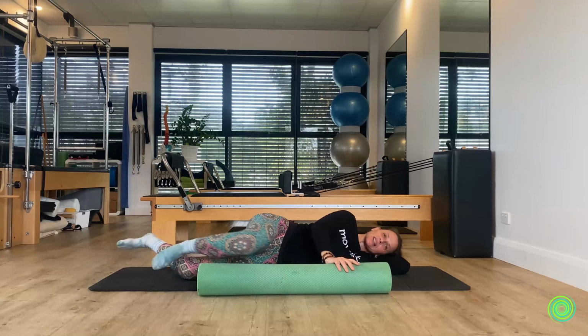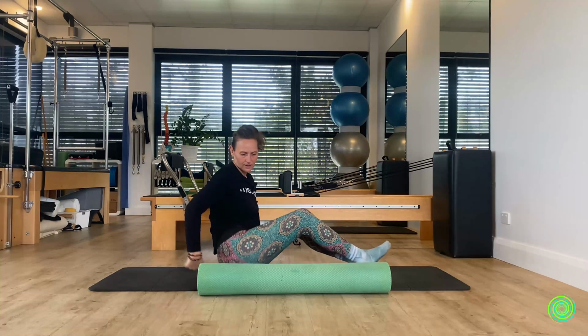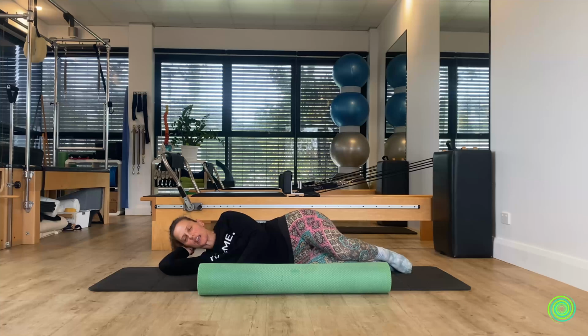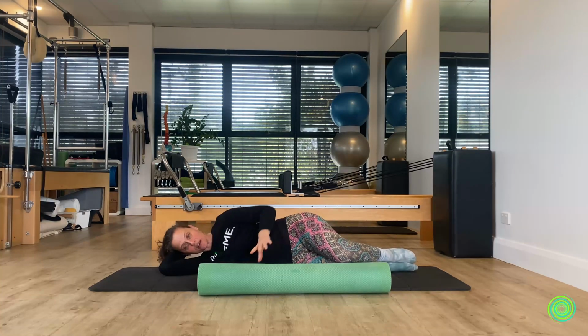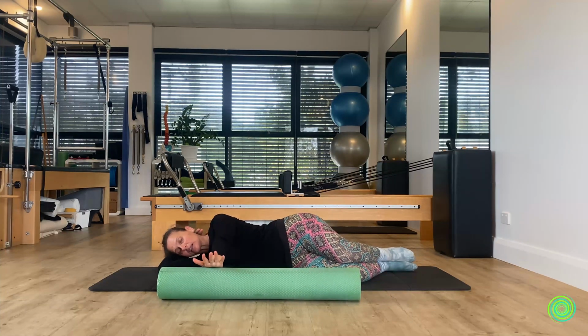And then from there, we're going to release that, and then we're going to go ahead and do the other side. So I'm going to set myself up facing this way, so I'm still looking at you. And then again, just checking in: head, pelvis, shoulders, all balanced with each other. Roller up in line with your upper arm, so the arm is reached out long, and then we go again,